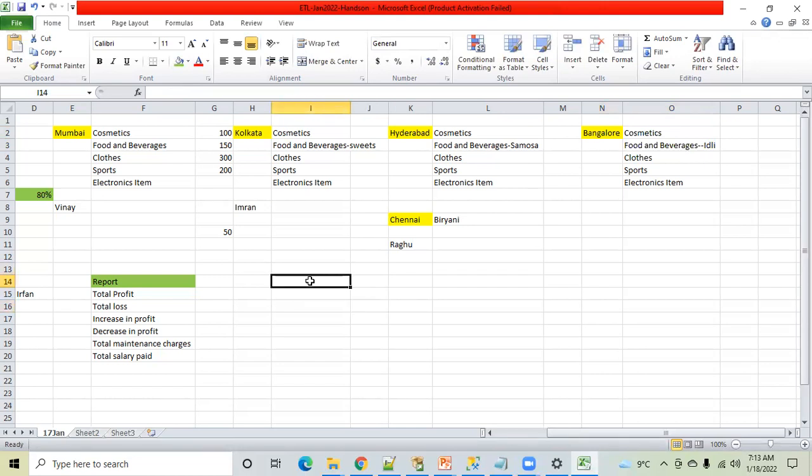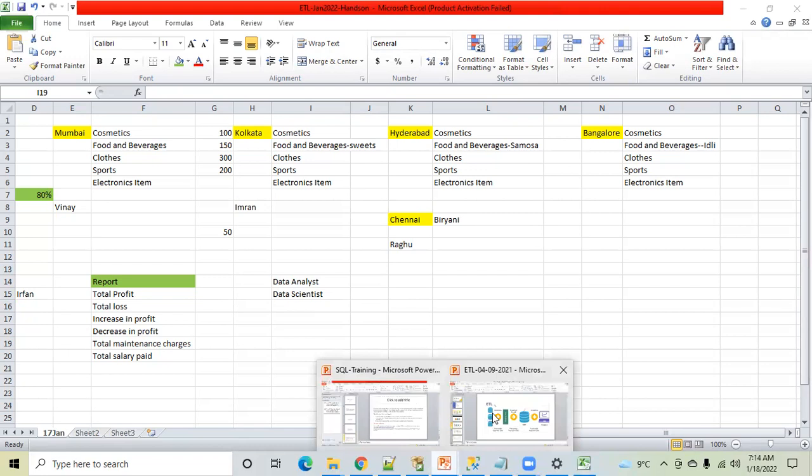So any data analyst, data scientist, or any other profile will be able to work only when you give them good quality data. If you don't have good quality data, they cannot do anything. It is like you have a Ferrari but you don't have petrol. It is like that only. Okay, fine. So perfect. Now let's move to the next one.